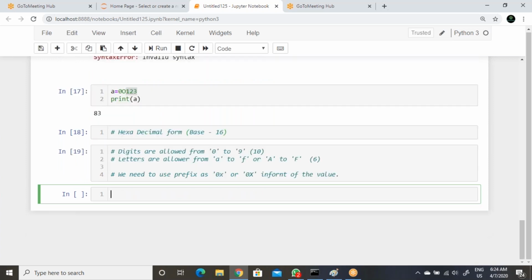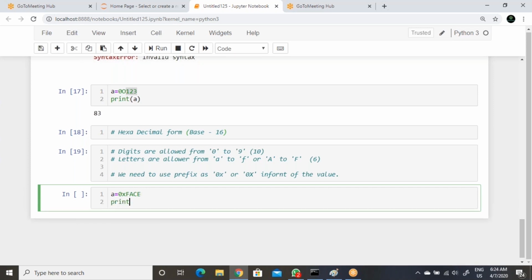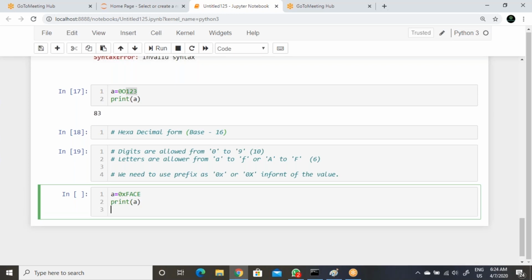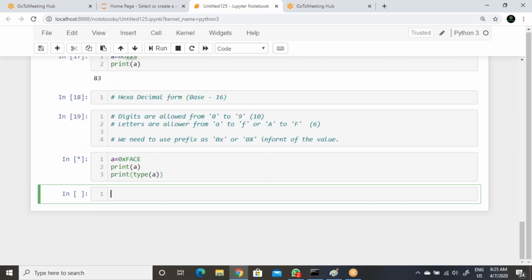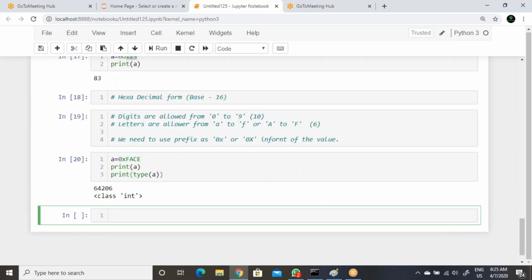Now take the same case with capital 0X, same value, and with small letters. Fine, same value. And take capital letters with a small prefix, same thing.